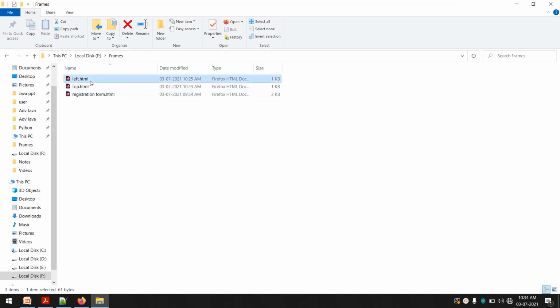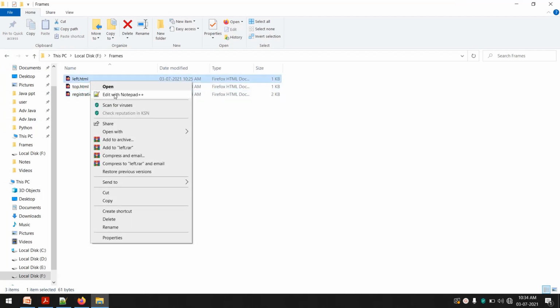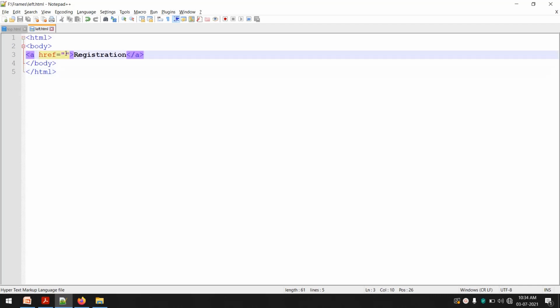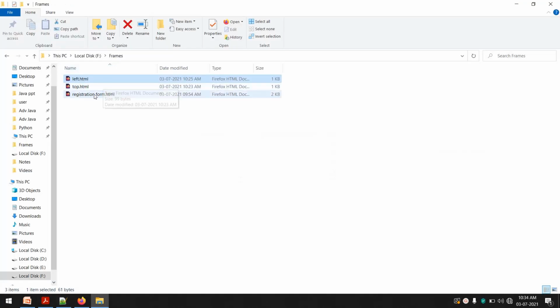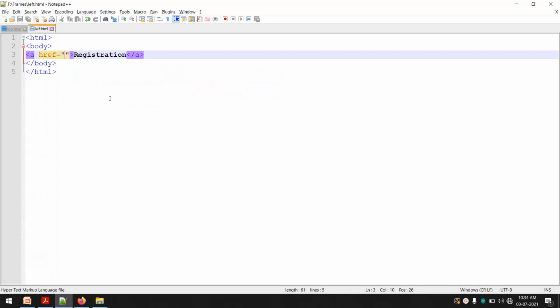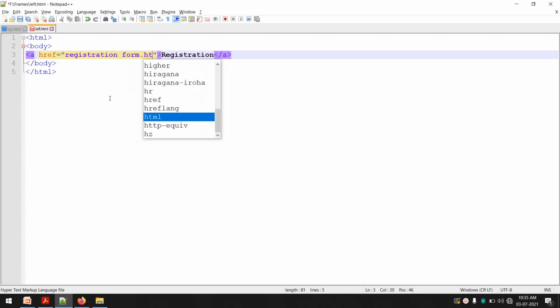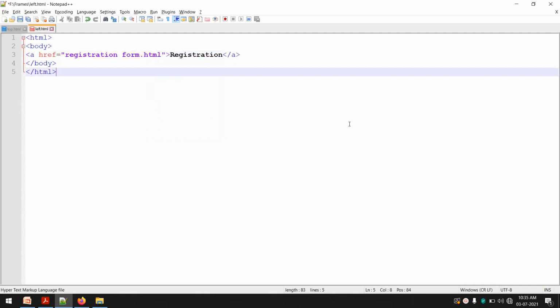Okay, left, I'll open the coding of left again, and as I've said, whenever I click on registration, it should open that registration form. So here in the href section, I'll add the name of the registration file. The name here is registrationform.html, so that we want to open.